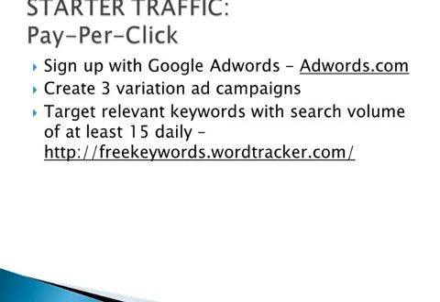Use this free keyword tracking tool called Free Keywords at freekeywords.wordtracker.com. Then you can start targeting keywords that are being searched in high volumes daily, and you can start searching for keywords like golf, golf balls, and all that to see how many searches the search engines are generating on a daily basis. That way you can find out which keywords are being searched very often and which are not, so you can spend your pay-per-click advertisements on keywords that are being searched more often compared to those that are more obscure.